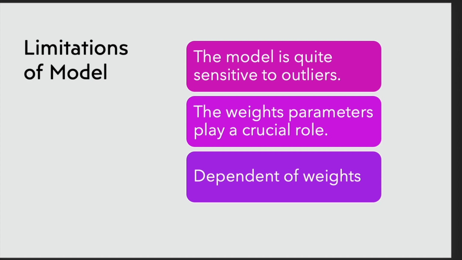After discussing the whole thing, the limitation of the weighted average mean is that the model is quite sensitive to outliers. If the data is not normally distributed or some data is outside the quartile range, the model may tend to give errors. The weight parameters play a crucial role. Although the weights are equally distributed in this model, if there is some bias towards a particular parameter, this model could give me errors. This model is hugely dependent on weights, and incrementing or decrementing a small value could bring a larger change in the overall result of